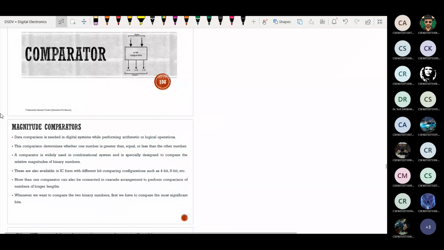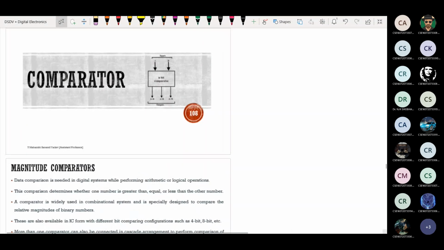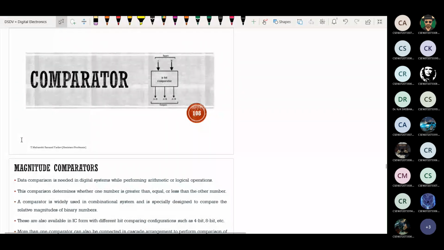So next concept is comparator. What is comparator? Generally what you know? Comparator means simply comparison. Suppose if two inputs are there like this, how will you compare? A is equal to B, A greater than B, or else A less than B. This is called comparison. Means we check whether both input variables are the same or greater than or less than. This comparison operation will be done by comparator.